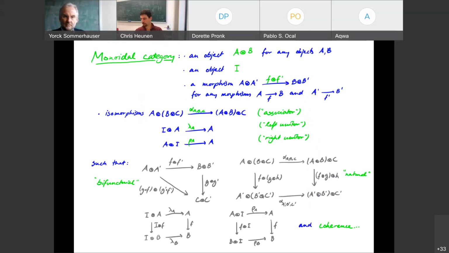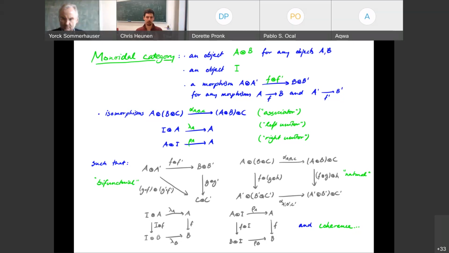Now, for the next few slides, we're going to add dimensions to this. The first thing I'm going to add is I'm not going to ask for a category, but a monoidal category. By this I mean the following. If you have 2 objects A and B, I want there to be a third object that is the objects A and B put together. And I'll call it A tensor B. It doesn't have to be a tensor product, just any way of putting A and B together. And also I want a special object I that we'll call the tensor unit.